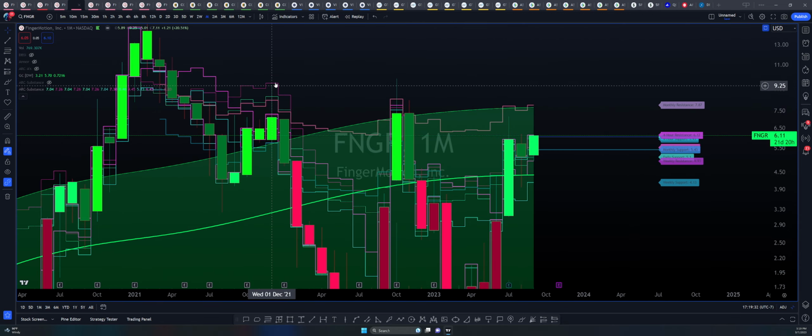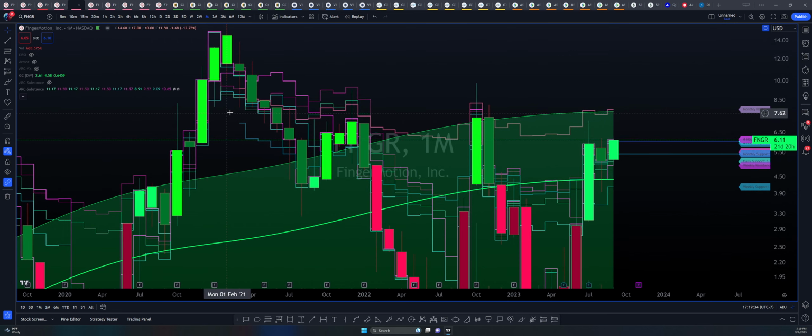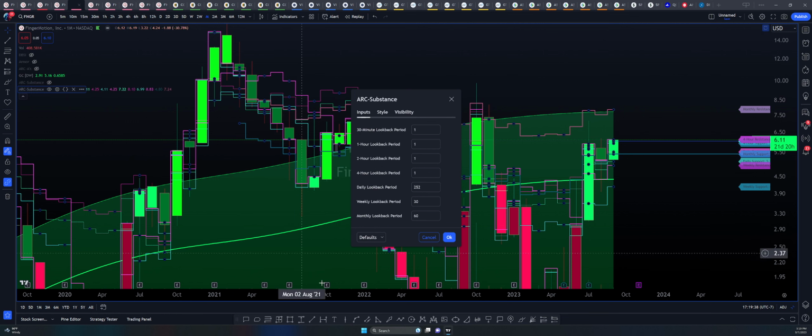And just in case you are already a holder of this algorithm, go into your settings back here, and you can set the look back period per line, right? So this is your monthly look back line. This is your weekly look back line, and these will adjust for the monthly resistance and support all in one shot. So these are my parameters right now that I'm currently looking at, right? So the daily time frame, yes, you see 252 days for individual trading days,